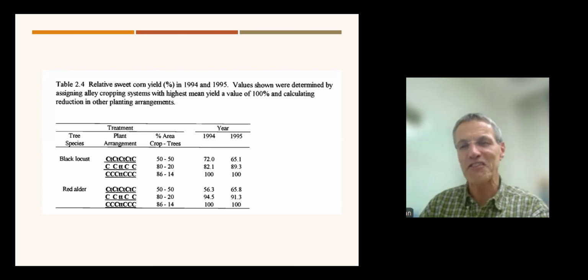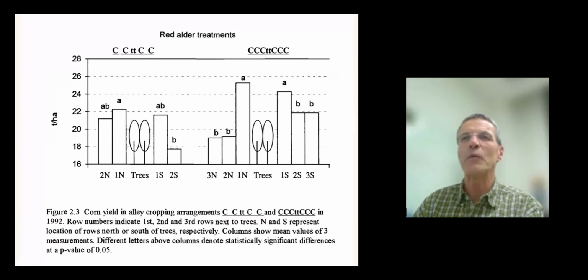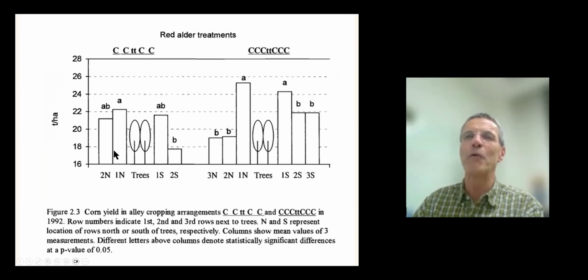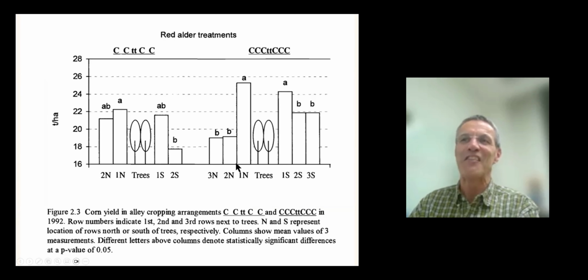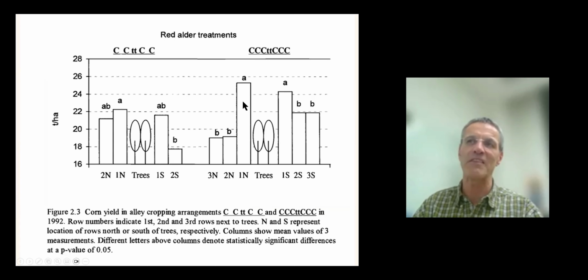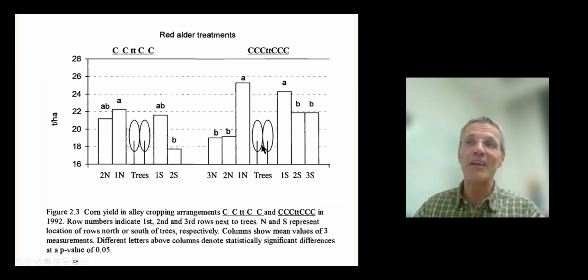And what was really interesting and totally unexpected is when you prune the trees at the right time, there's actually more light for the corn row right next to the trees than there is light for the corn rows that are more inside the corn alley, meaning that the corn row right next to the tree could capture more sunlight and therefore grow higher than the corn rows that were in the middle of the alley. And that's why I could then compensate for some of the losses with the space. So that was completely unexpected,